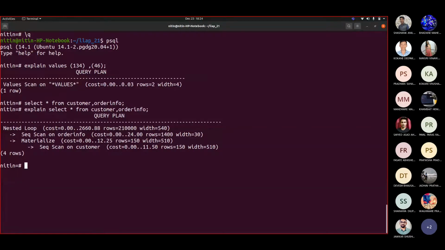Now these would be useful whenever you are using all different kinds of joins. When I say joins, I'm talking about inner join, outer join, left outer join, full outer join, right outer join. Have you used them? Left outer join, right outer join.